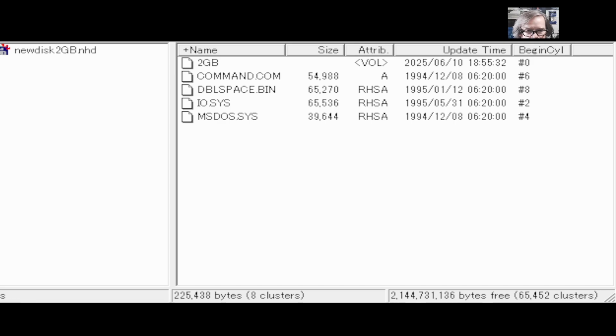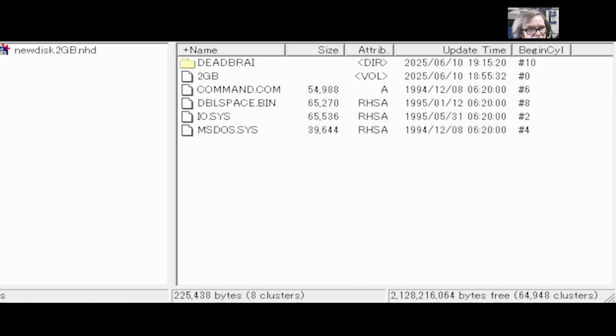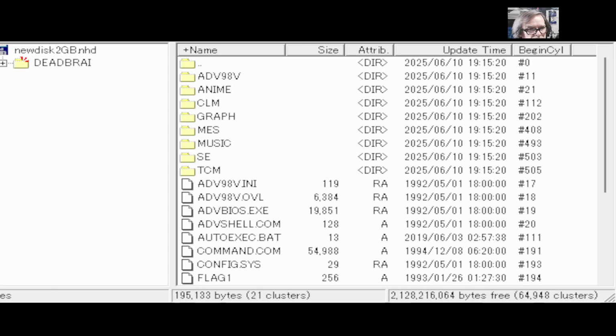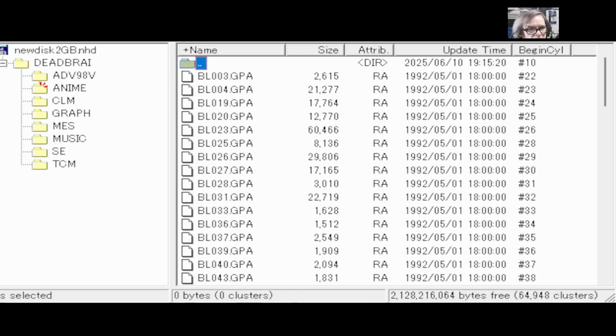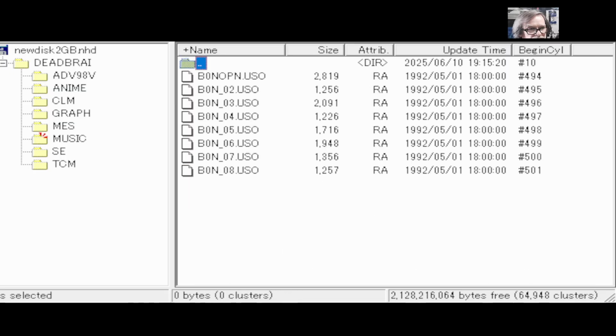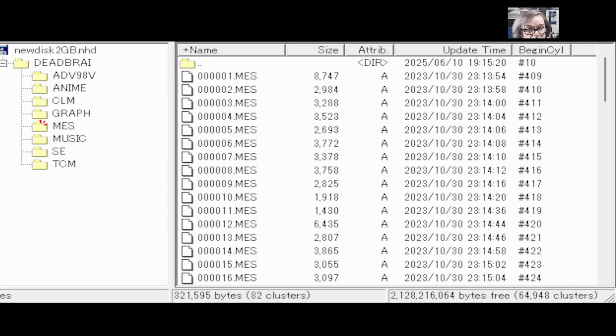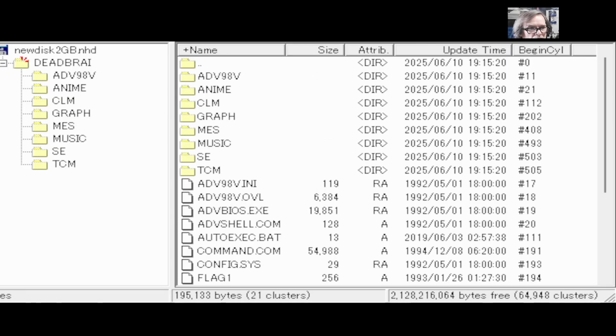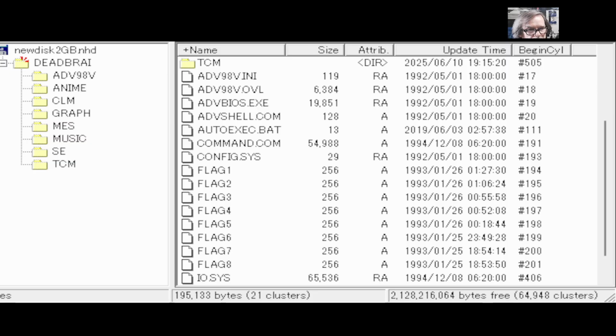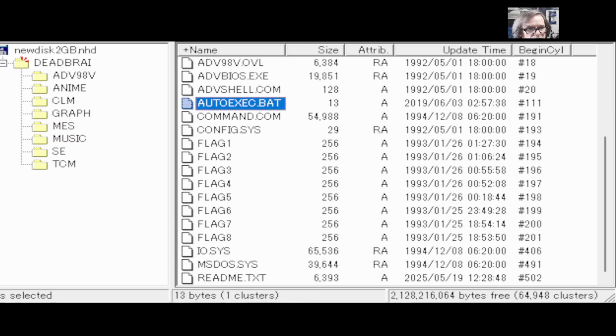So say I want to put a game on here. How about, oh, this is fun. Dead of the brain. There it is. This is everything, right? All the different music files, the message files. These are all the files that have been translated. I don't know what these other ones are. Files to run it, right? You know, the autoexec and all that. So